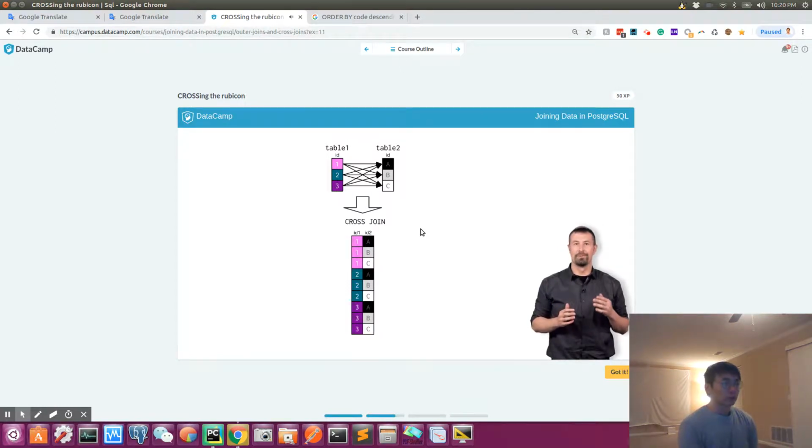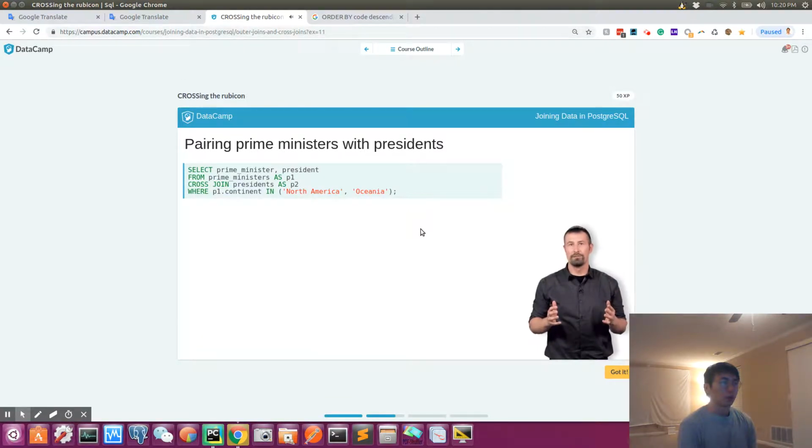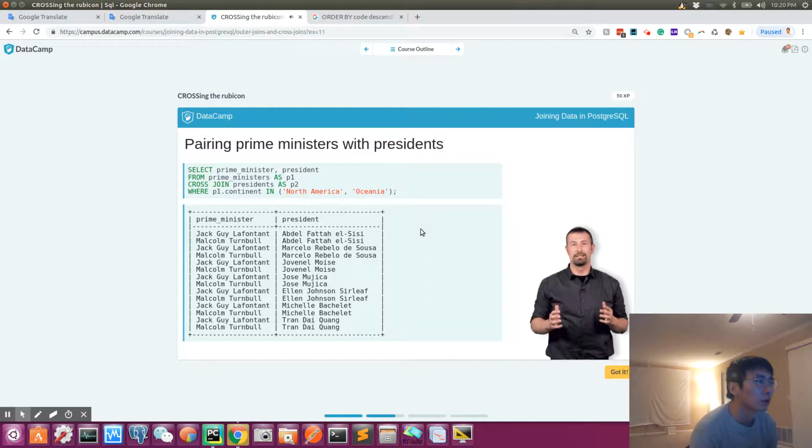Next, you'll explore an example from the leaders database and look over the SQL syntax for a cross join. Suppose that all prime ministers in North America and Oceania in the prime ministers table are scheduled for individual meetings with all presidents in the presidents table. You can look at all of these combinations by using a cross join. The syntax here remains similar to what you've seen earlier in the course. We use a where clause to focus on only prime ministers in North America and Oceania in the prime ministers table. The results of the query give us the